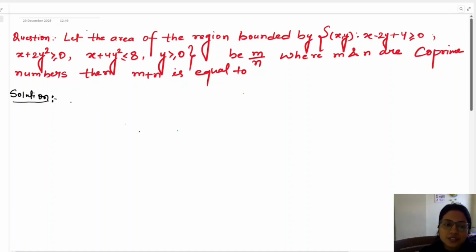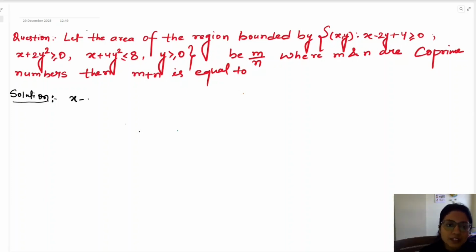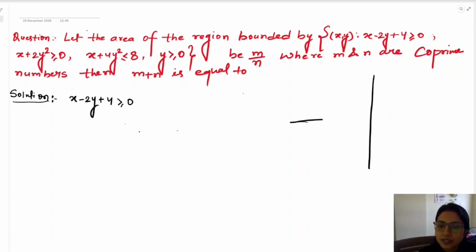At first, the first inequality, that is x minus 2y plus 4 greater than or equal to 0. Let's plot the graph of this inequality. This is a linear inequality in two variables, so easily you will be able to plot the graph. When x is 0, you find the y value, and when y is 0, you find the x value. So this graph will look like this,